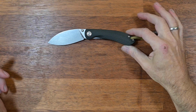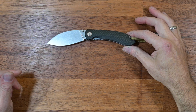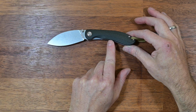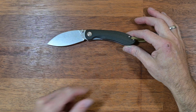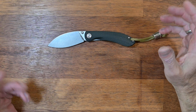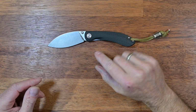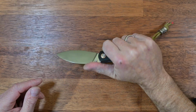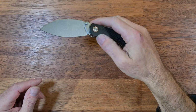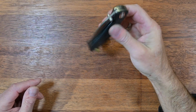While we're at it, and while you can see it so nicely, bright and shiny, Vosteed doesn't have any issue whatsoever to sacrifice contour of the presentation side scale for good lock bar access. And I don't care, because if I do have that knife open, I don't care what that looks like, because I'm going to have the knife in my hand. What I do care about is finding that spot and having easy access to it if I want to close it. And once I have it closed,